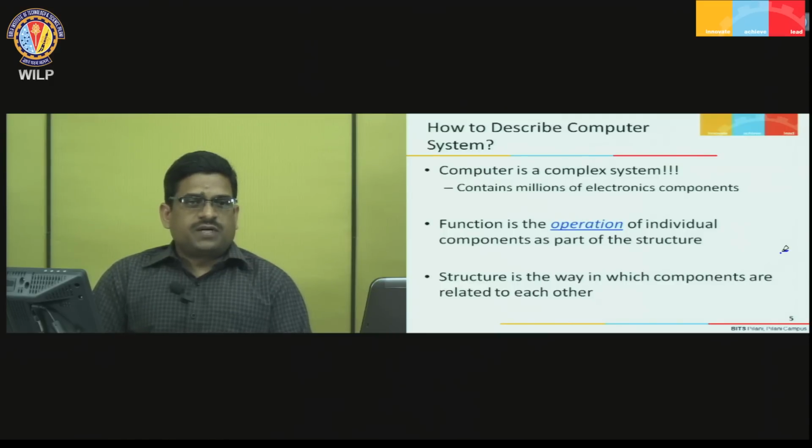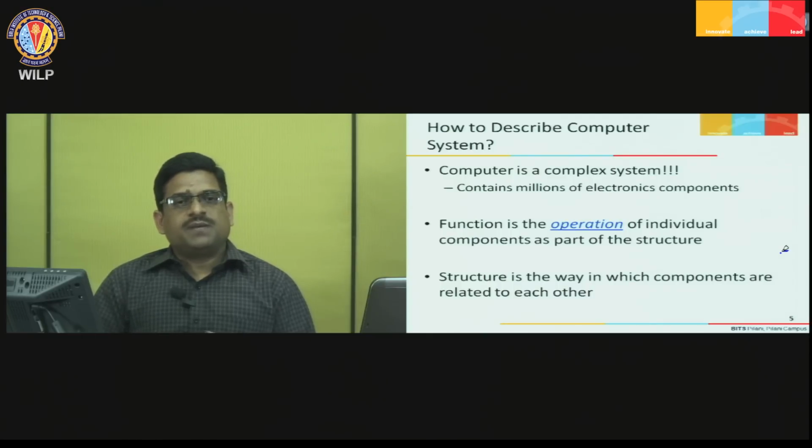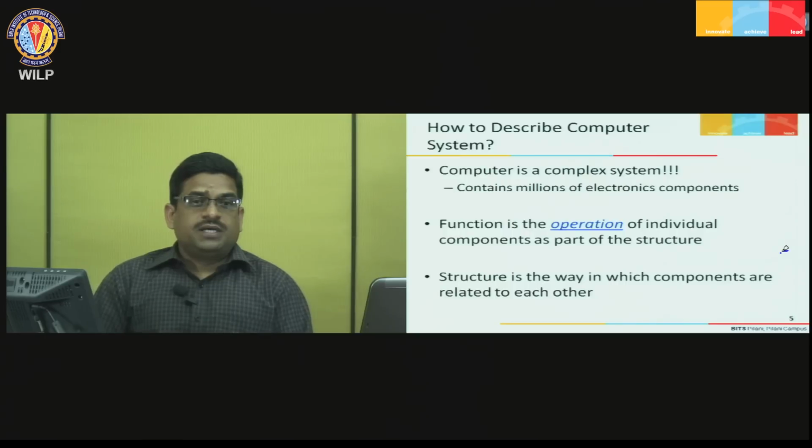So, what is function? Function is basically the operation of individual components as a part of the complete structure. And then what is a structure? Structure is the way in which these components are related to each other. So, through this we can see the functional view of the computer from the top